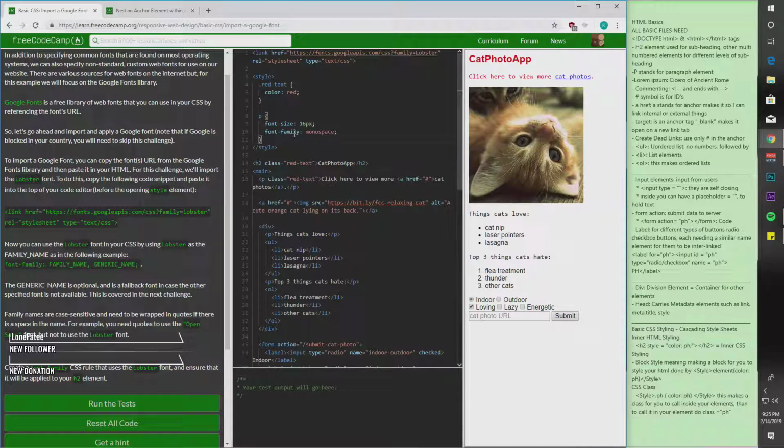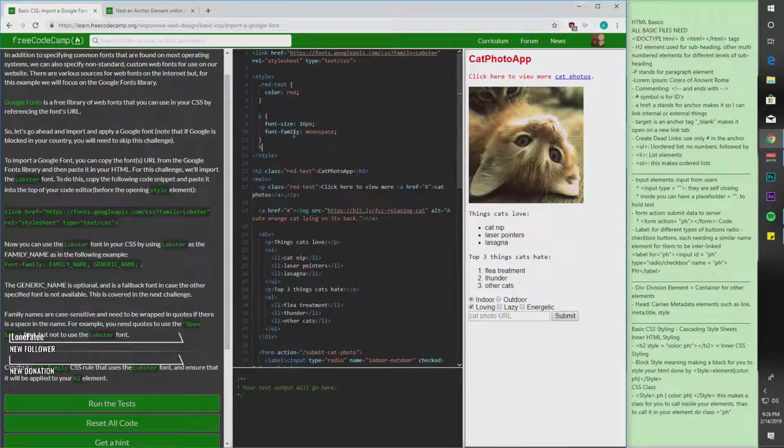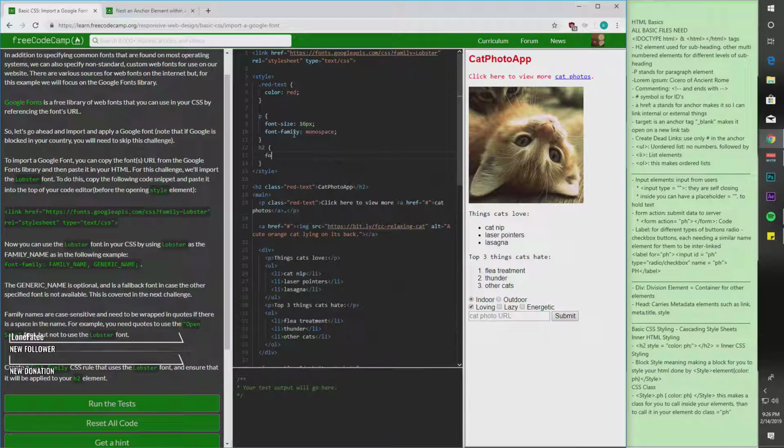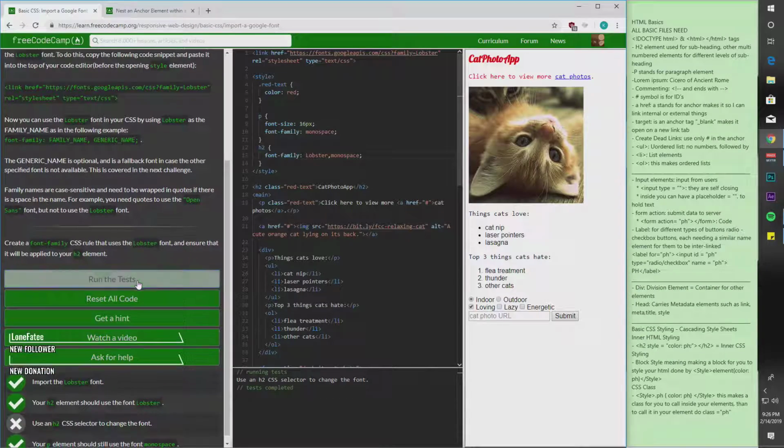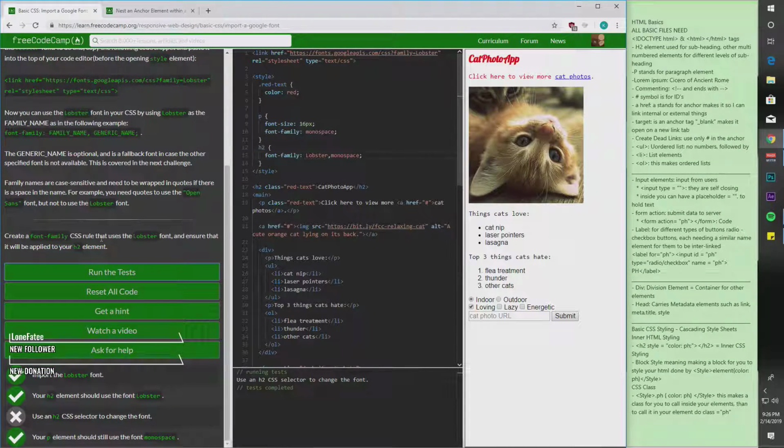Oh, my HTML. Font family, Lobster. Just go to monospace if it doesn't do that. Alright, perfect. Using H2 to